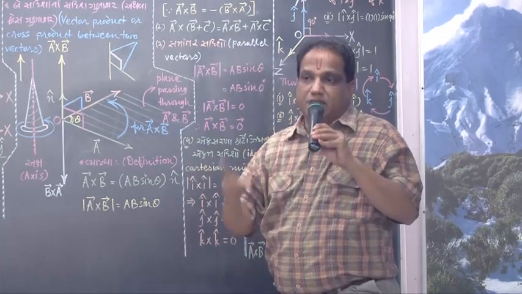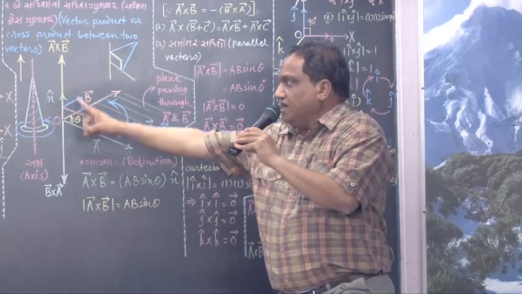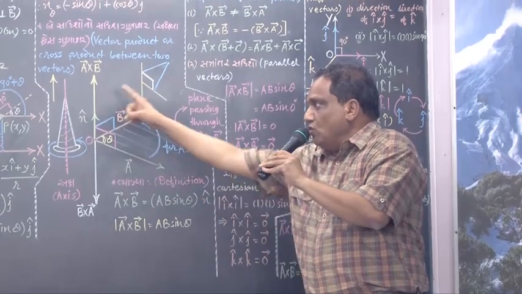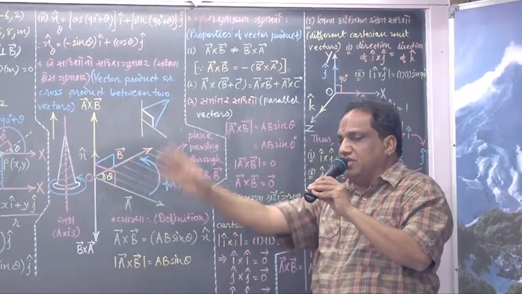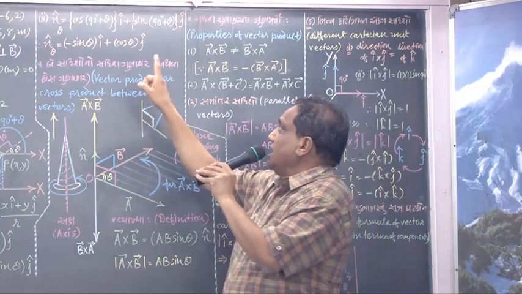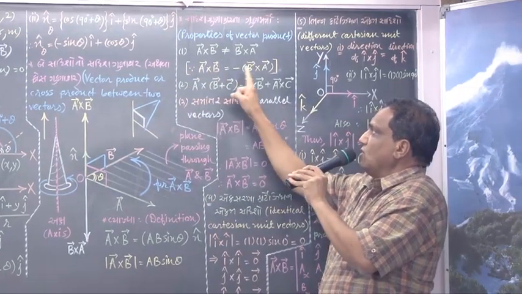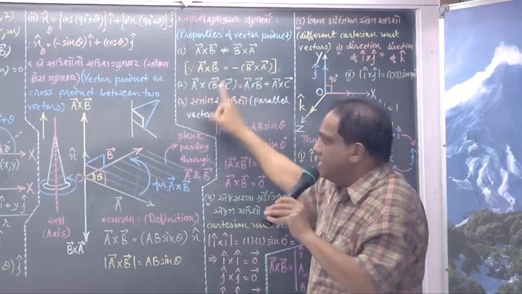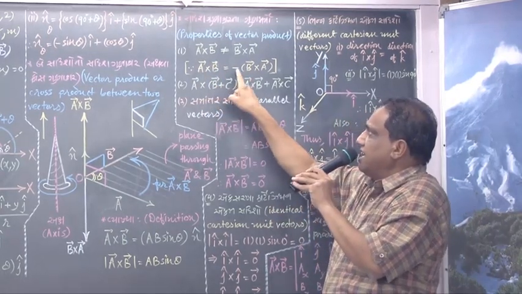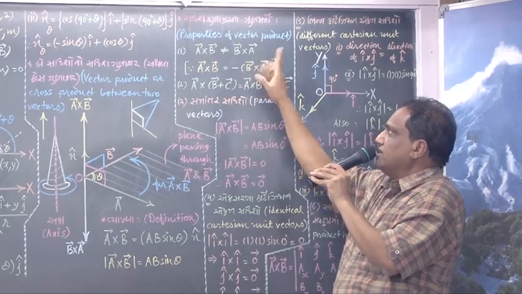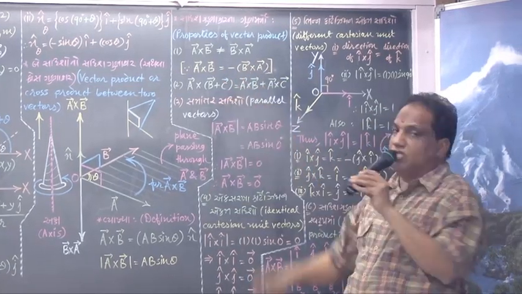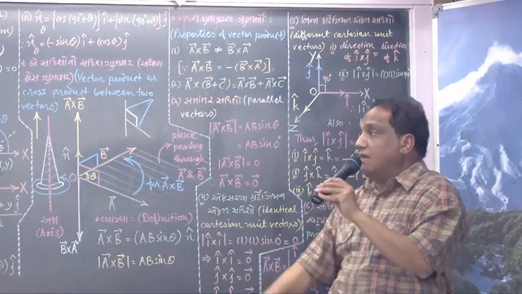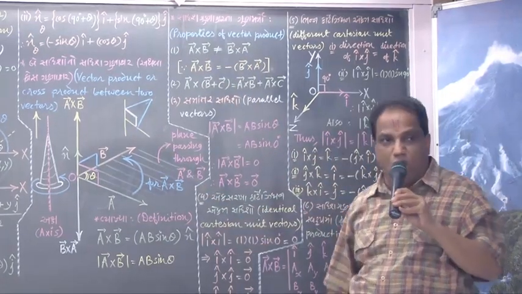Vector A cross vector B, if it is vertically upwards, then vector B cross vector A will come out vertically downwards. Two vectors having equal magnitude and opposite direction are called opposite vectors, or sometimes negative vectors. Say, vector A cross vector B is the negative of vector B cross vector A. In short, these two are not equal, meaning thereby the vector product is not commutative.